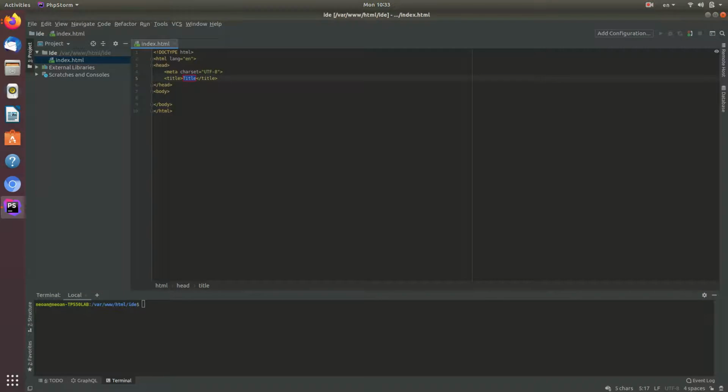And we'll give it a title of test, and then we jump into the body and say h1, this is the body. Okay, now this is a file that I can serve in multiple ways,